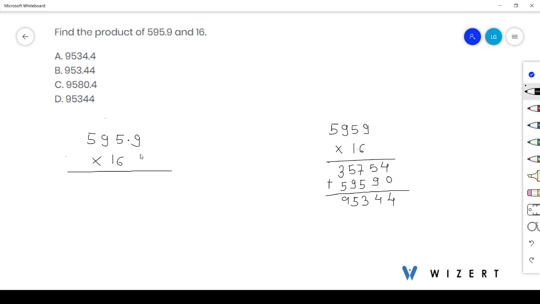Okay, means after the decimal point, there is 1 number. So, in the product, there should be 1 decimal place, that is 9534.4. Hence